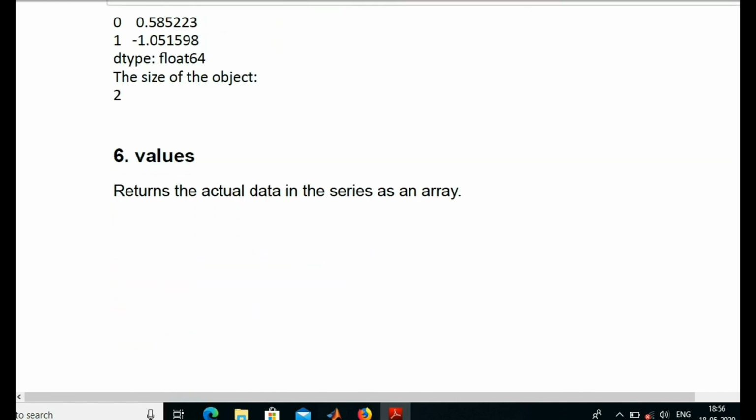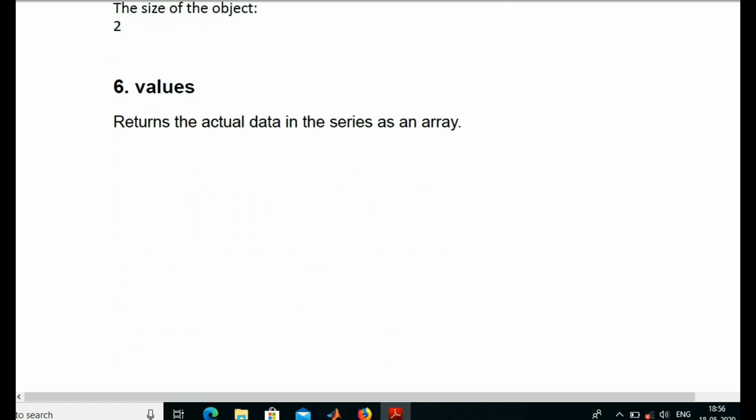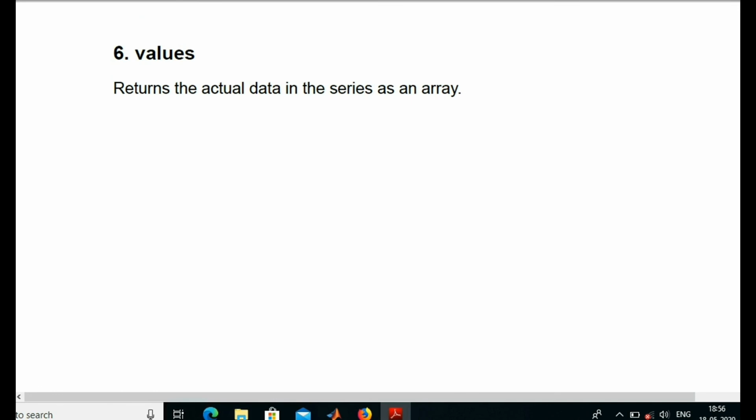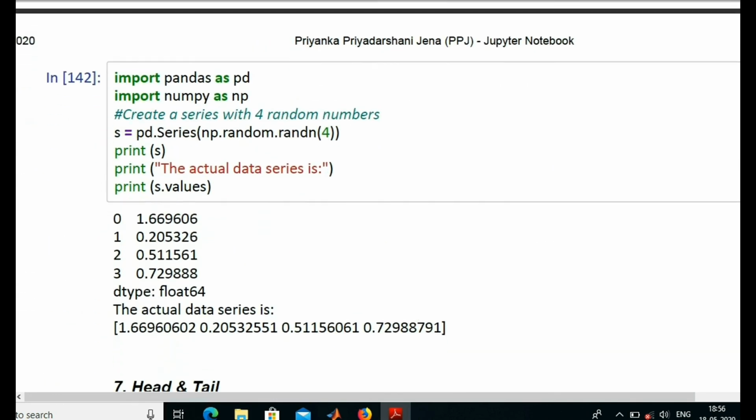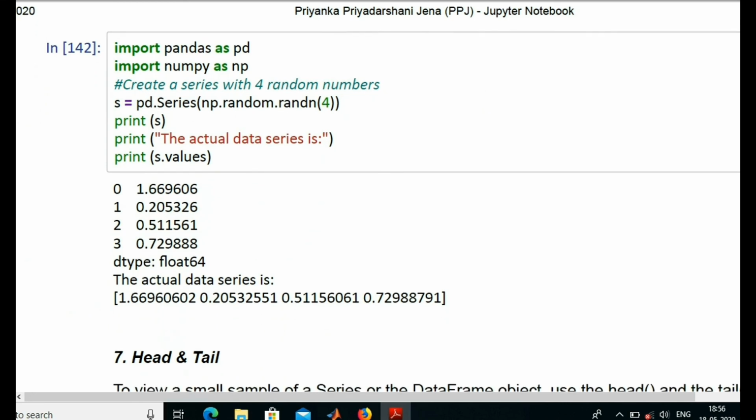Okay. Next is values. It returns the actual data in the series as an array. Let's see, in code 142, import pandas as pd is compulsory for a pandas series. Next, we import numpy as np. We have used 4 random numbers. Okay, then in the next line, I print the series values.